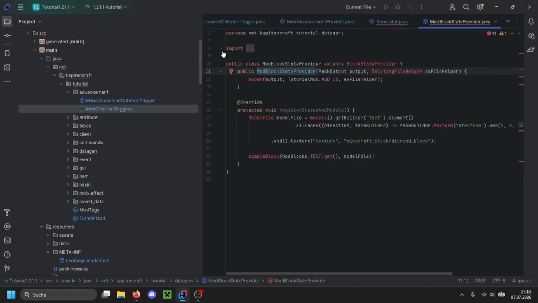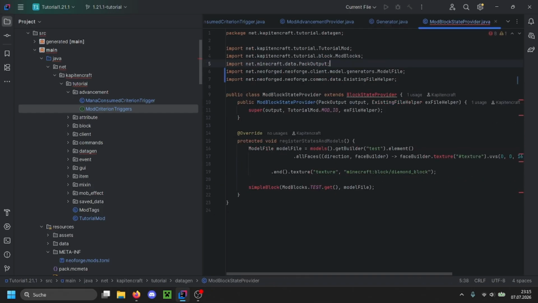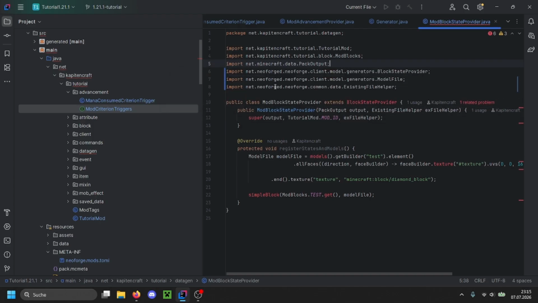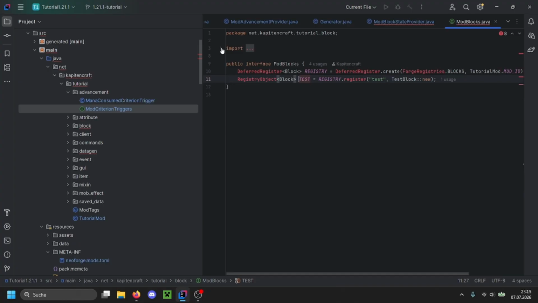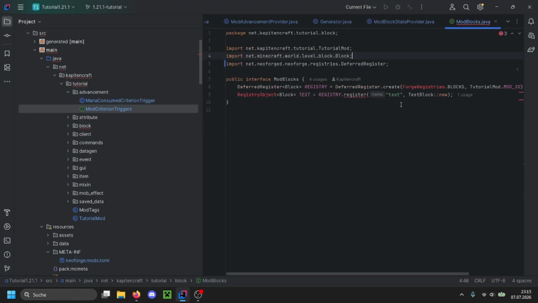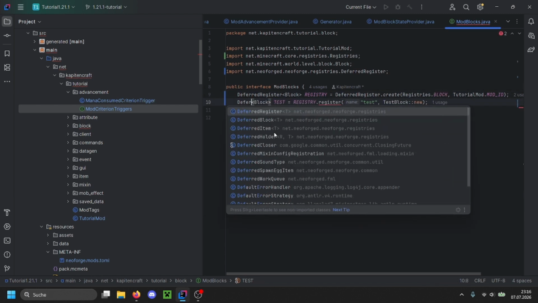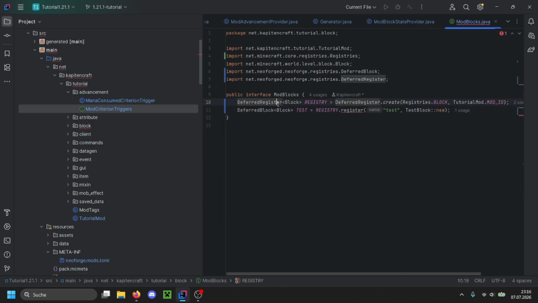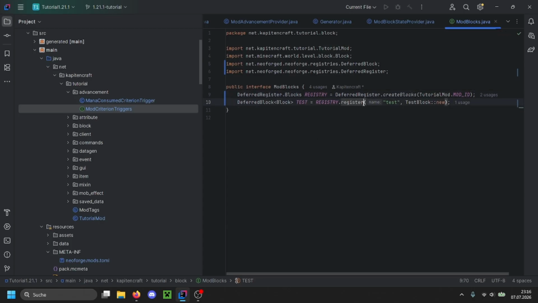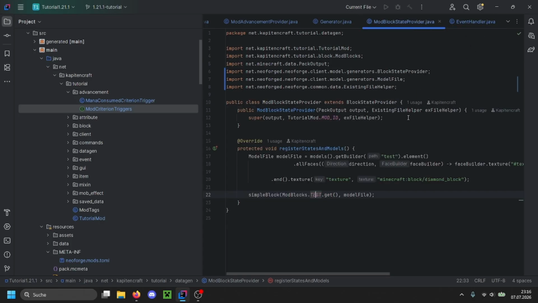The mod block state provider is also just updated. Wait a second, let it import of NeoForge with NeoForge, ModBlocks.TEST. This also has to be updated to use the correct imports, registries.Block, singular case as usual, and DeferredBlock, which is also why this needs to be DeferredRegister.Blocks. And we can use this to create blocks, and we can remove this altogether. And this is done. With this, we can close this,